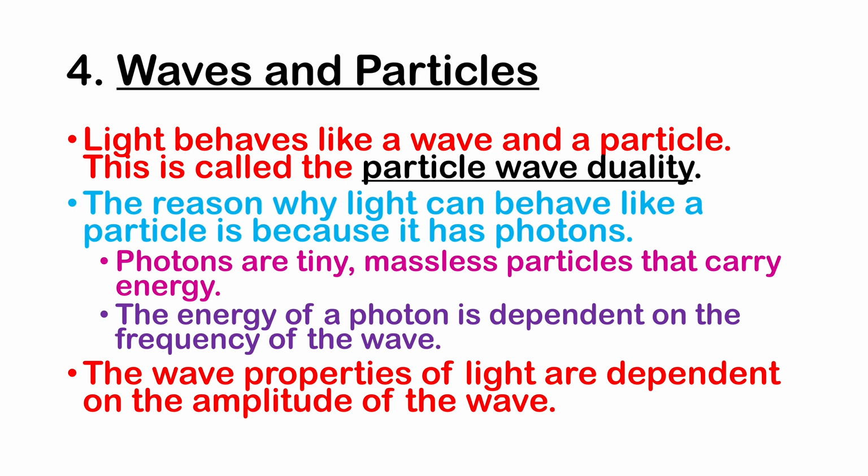And the properties of light, they're dependent on the amplitude of the wave. So there's two different things. There's the frequency of the wave, and that'll tell you how much energy a photon has. And then there's the amplitude of the wave, and that'd be kind of like the brightness. Okay, so